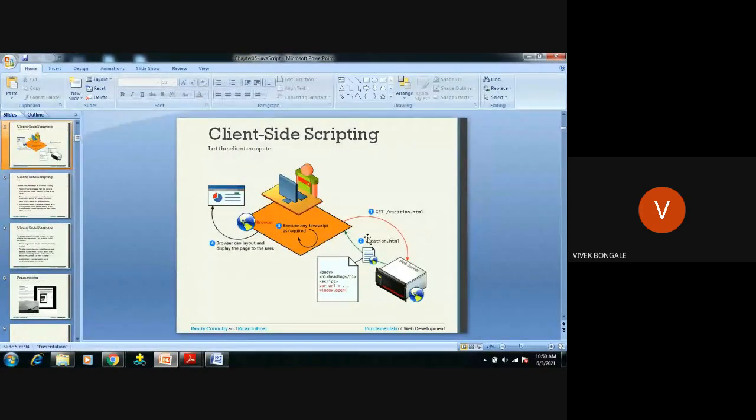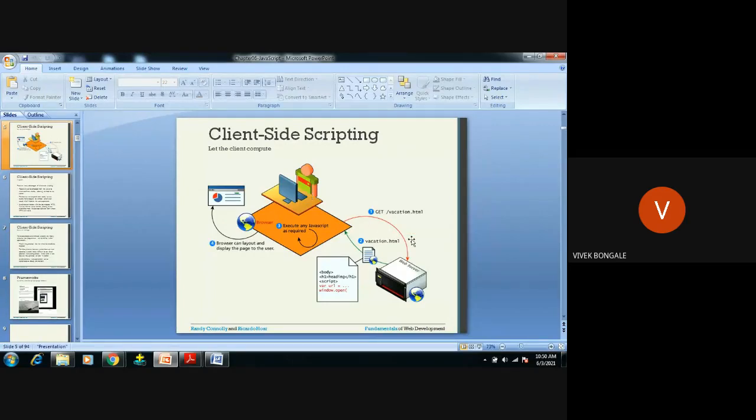So what I explained here: this is the client. We have the get and post functions that we use in method and action. When the client requests a web page from the server, it sends it through get. After getting the page from the server and filling it in, the client will submit again. There it will be post.